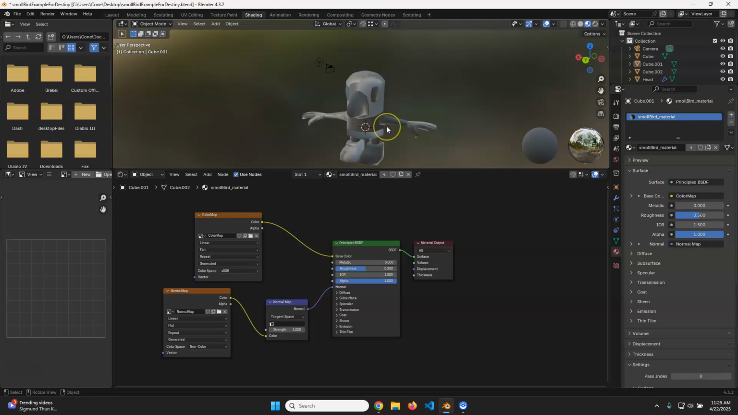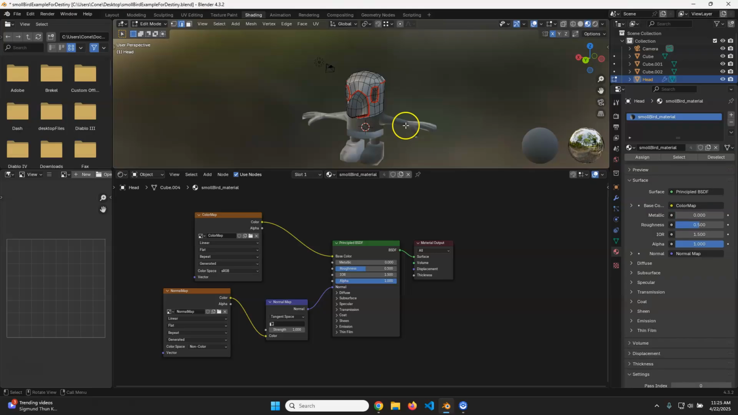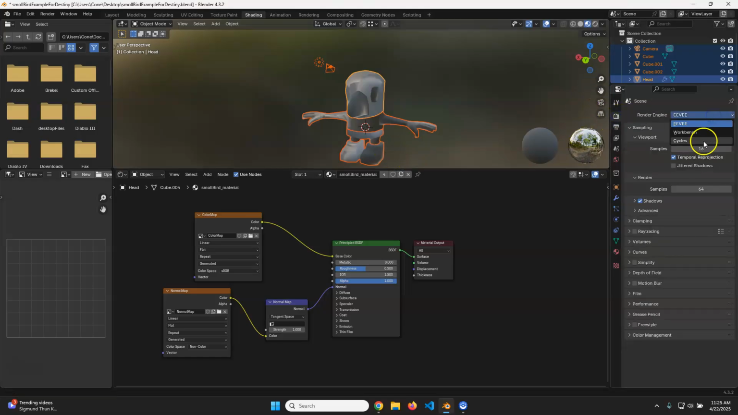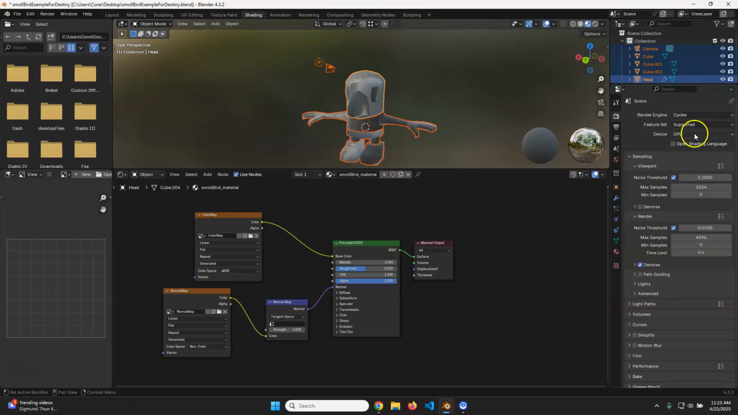So now what I want to do is bake those details as a normal map onto this guy. So I'm just going to use the head as an example. I don't know if I can do them all at the same time. Let's see if we can. Let's hit A. Actually, we have to do this first. Go to the render. We've got to switch the render to cycles. Okay. Then it's actually only going to work on the head right now anyway, because I don't think I put